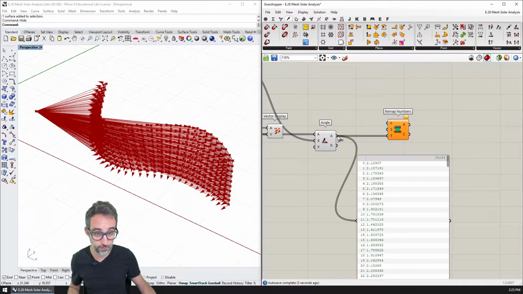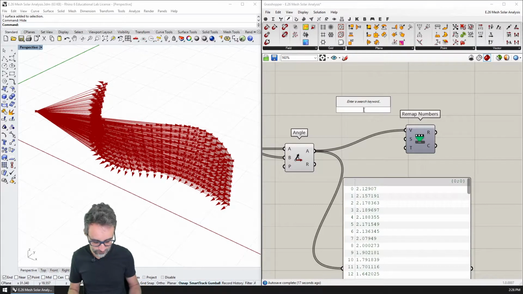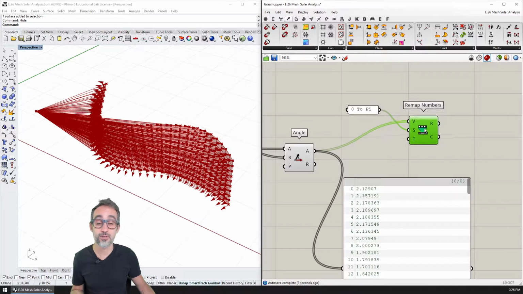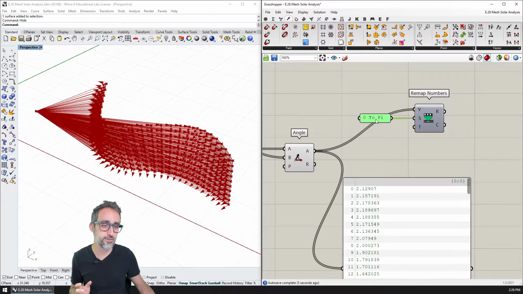So the values are going to be here, and then the source domain is going to be a domain that goes from 0 to pi, and I'm going to write it here in a panel because it's something that I will never want to change, so I don't need to waste sliders or anything, and it's also just much faster to write.